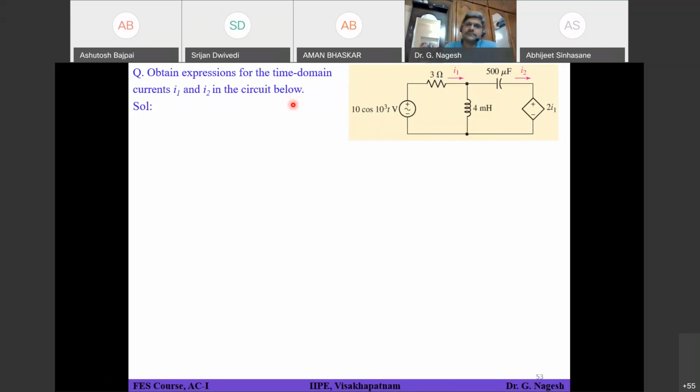Try to convert into an equivalent phasor domain circuit, then give the mesh currents I1 and I2 and try to solve it. First convert the inductance and capacitance into an equivalent inductive reactance and capacitive reactance, and write the source voltage given here into an equivalent phasor format. Try to get the phasor equivalent circuit for this.